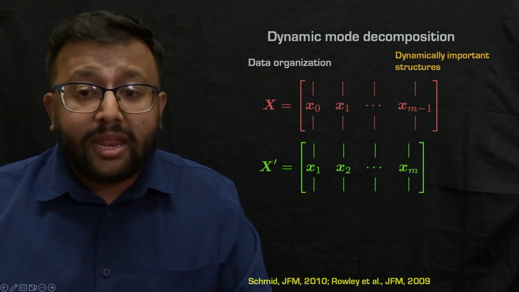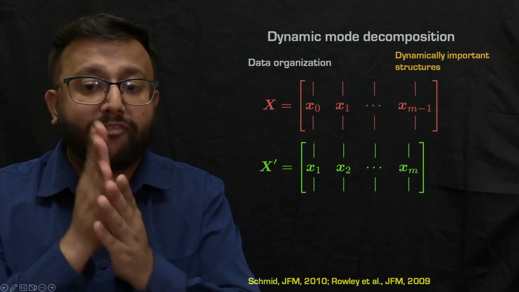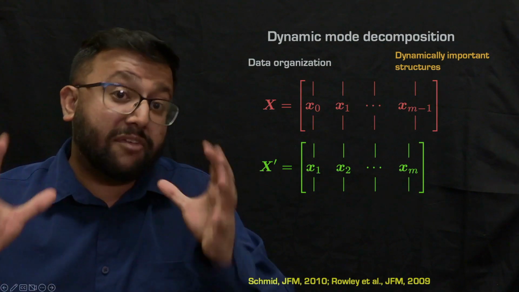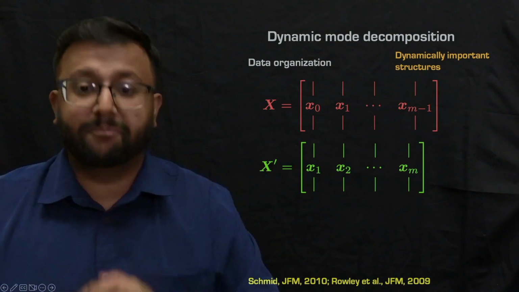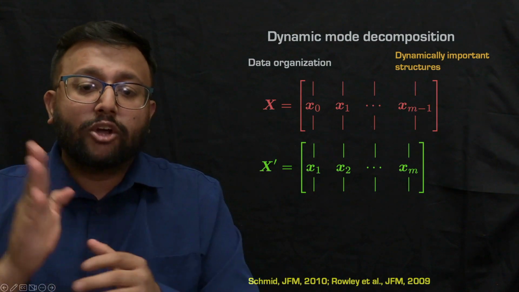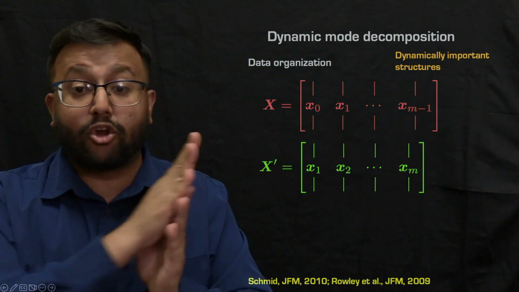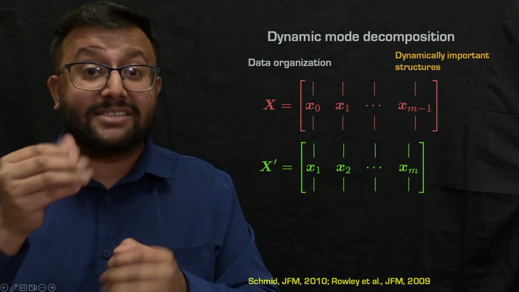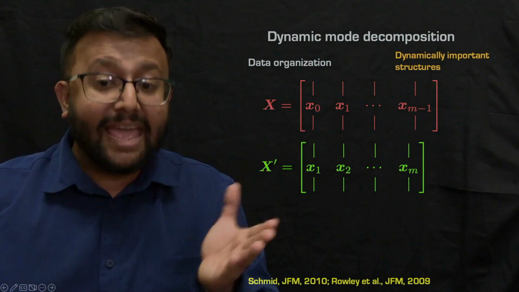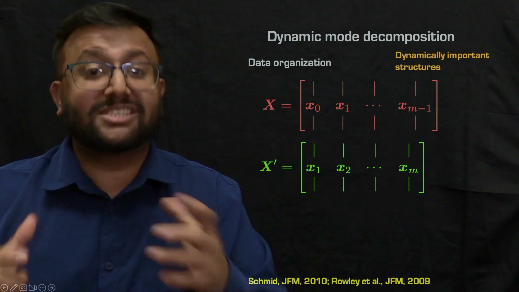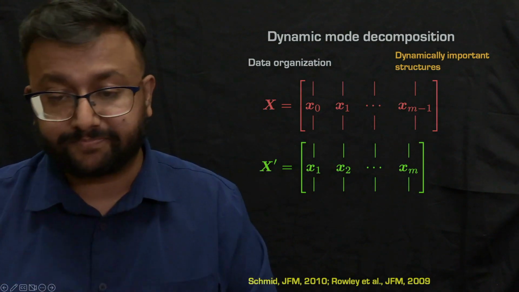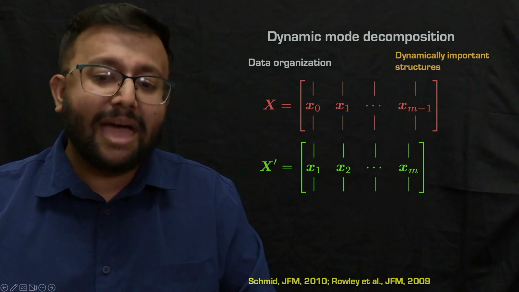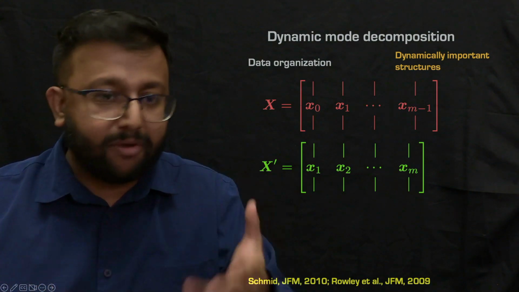Now, what is really important in DMD is that each column of X has a shifted column in X prime that is shifted by a particular sampling time, right? So it is not necessary to have the same sampling time across each column in X and each column in X prime, as long as the associated columns in both X and X prime have the same fixed sampling time step. We also note that there is no need to subtract the time averaged mean for performing DMD.